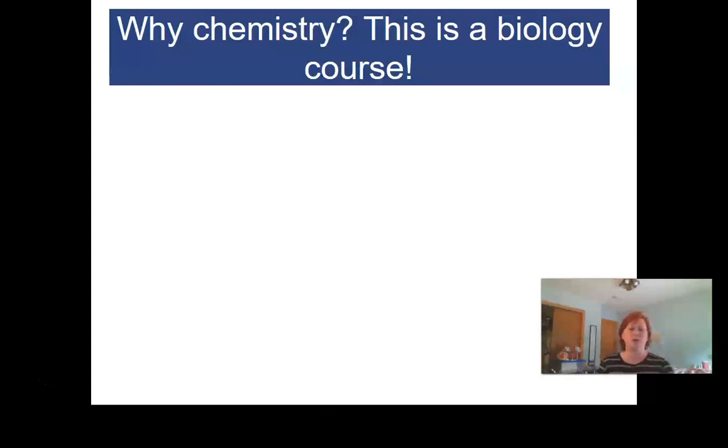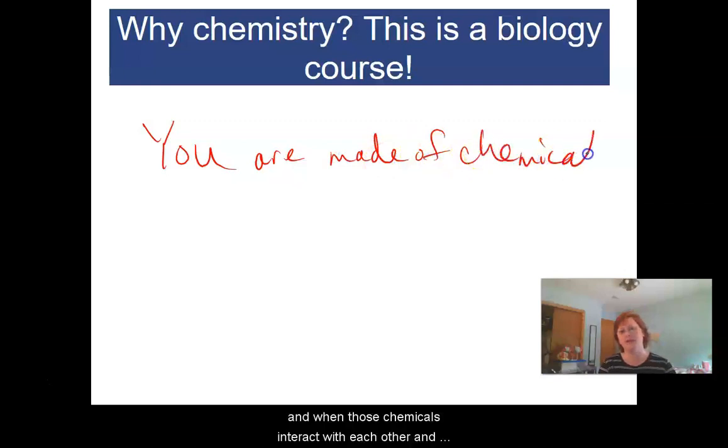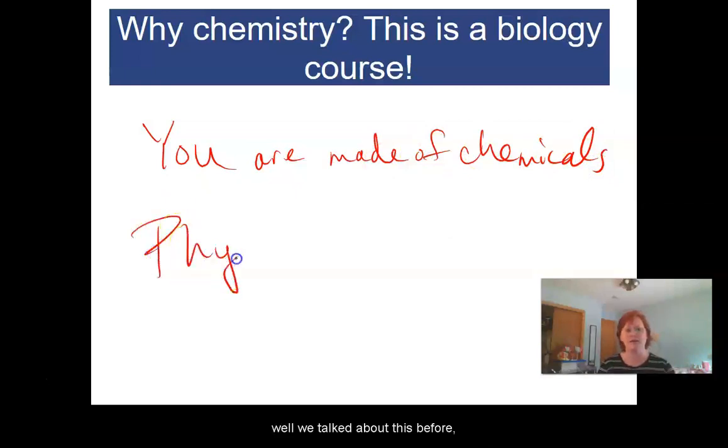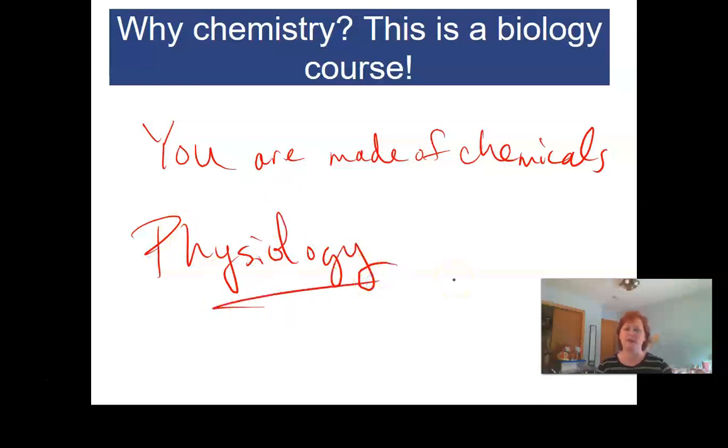So, why do we need chemistry in here? Because you are made of chemicals. And when those chemicals interact with each other and build things and break things down and stuff is happening, well, we've talked about this before, that's good old physiology. So to understand the physiology of the body, we need to understand the chemistry. So we're going to go back to the bare bones basics here. So first of all,